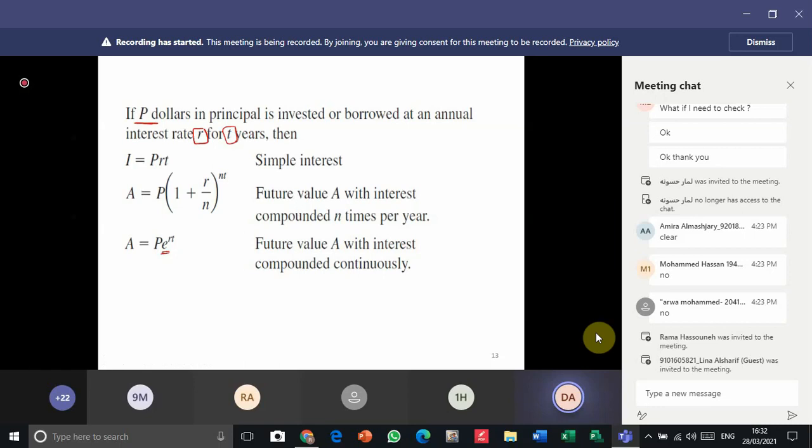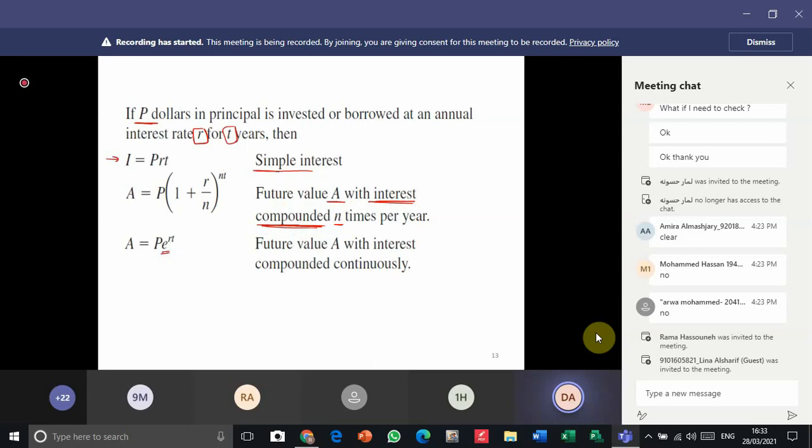We can calculate the simple interest by this law. But the future value A with interest compounded n times per year,